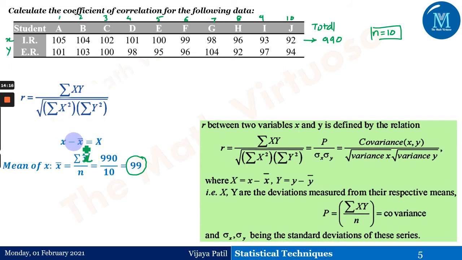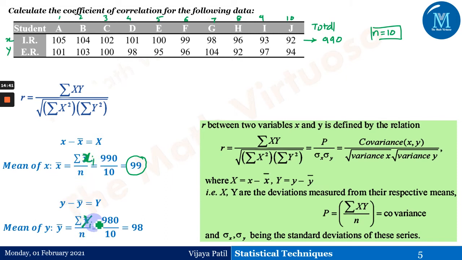We have got 99 as a perfect number. It's not a fraction. Therefore, we can go ahead with this particular formula. Similarly, y minus y bar is equal to capital Y, and here again I have made a mistake, I guess. This is a summation of y, not a summation of y bar. Y bar is one single number. So y bar is the summation of yi, or summation of y, it doesn't matter here,